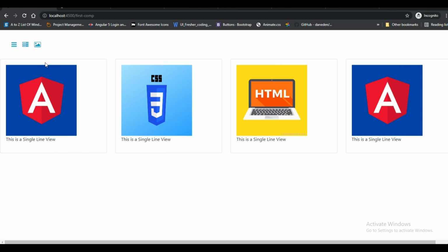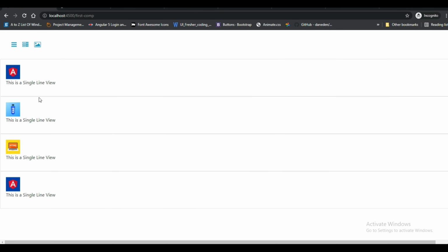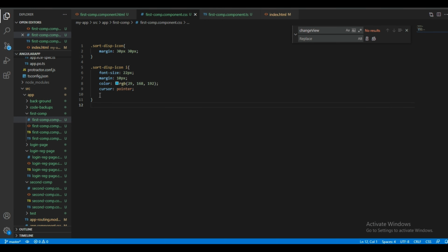Yeah, and okay, I want to give shadow, and the width was too big, so I will make it a little smaller.